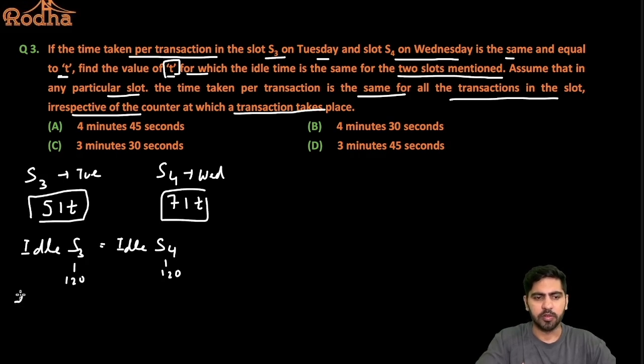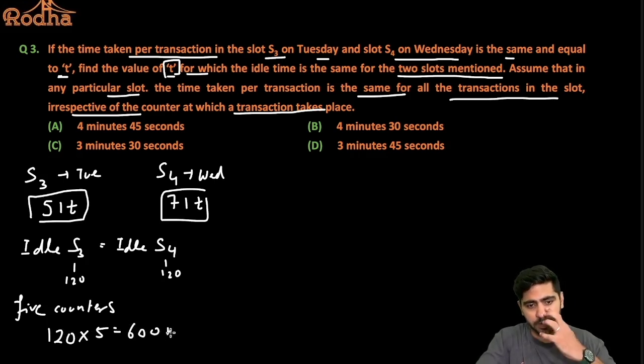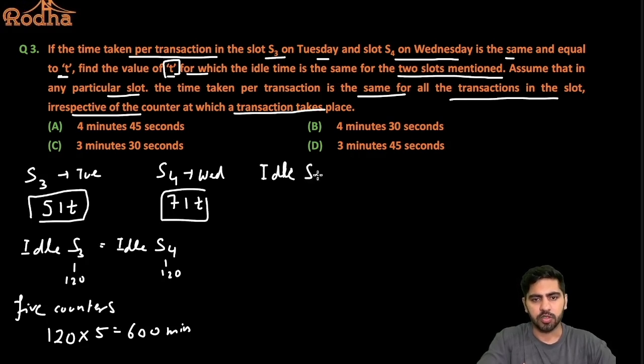If there are exactly 5 counters and there's a time of 120 minutes, the total time across 5 counters is 120 times 5, which is nothing but 600 minutes, right? Now let's calculate the idle time for slot 3 first. So the idle time for slot 3 should be equal to 600, which is the total time available, minus 51T, that is the time that has gone into the transactions, minus